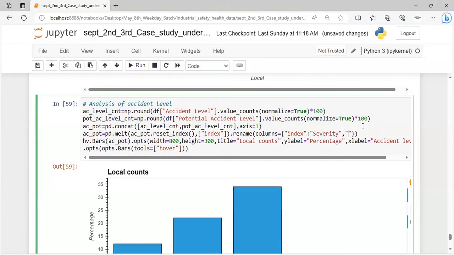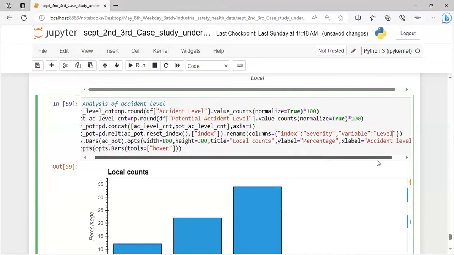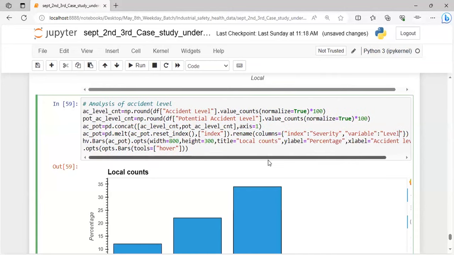Okay, variables equal to level. Then I hope it will give some kind of severity, and here we will do hp dot bar AC